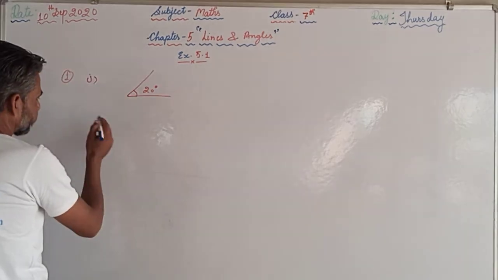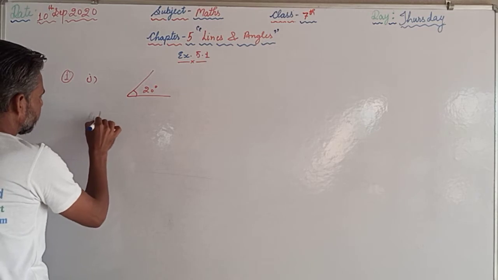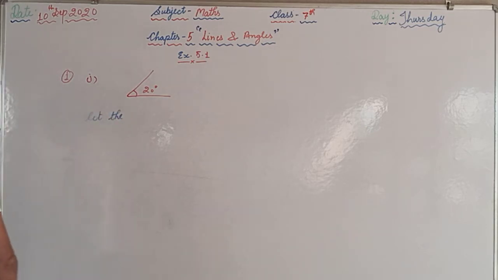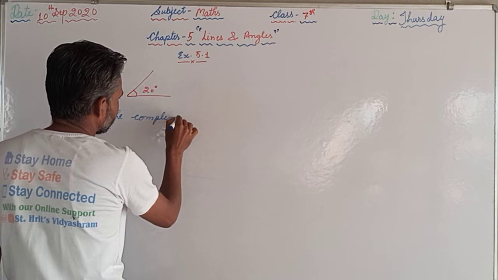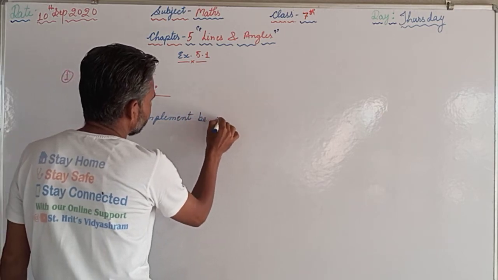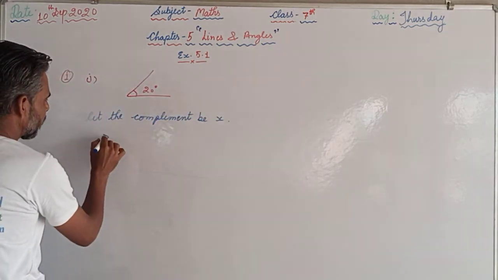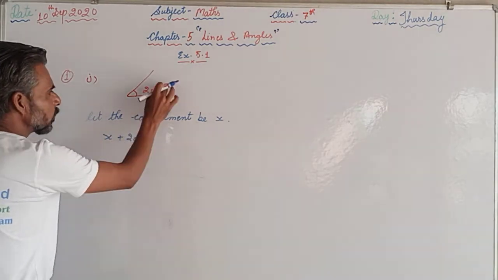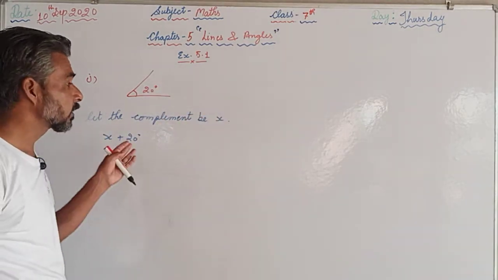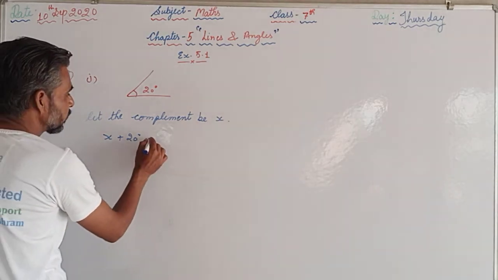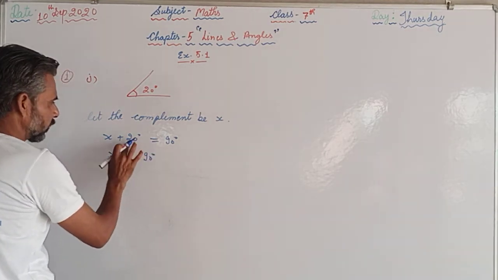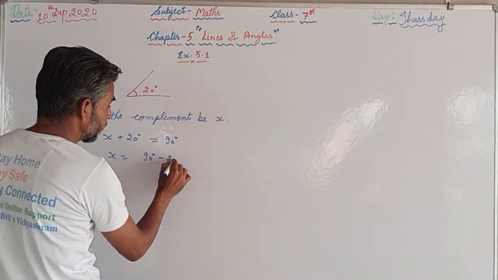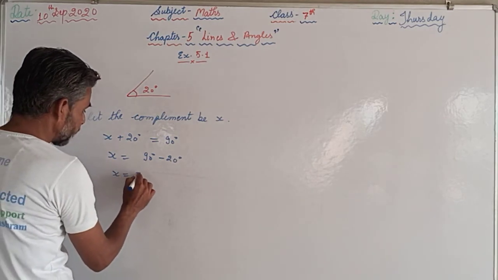You have to find the complement. Let the complement be x. So x plus 20 degrees, the sum of both the angles, means these are the complementary angles, the sum of both the angles should be equal to 90 degrees, and from here x is equal to 90 degrees, and 20 will go that side, it will become minus, and 90 minus 20, that is 70